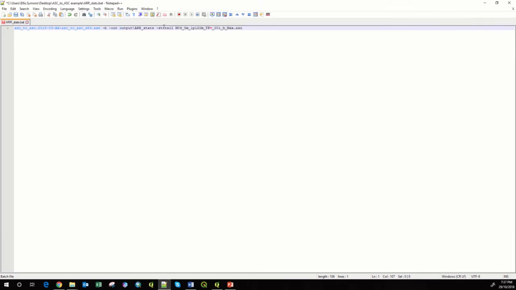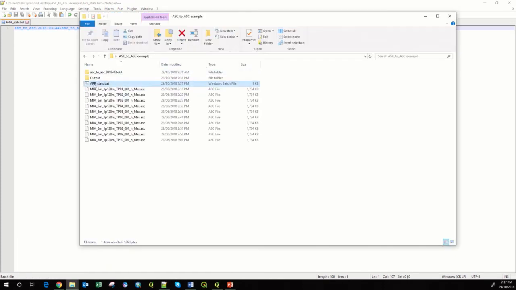So that's all I need to do. After the stat all, it'll just automatically find all of the input grids. Save that, and now I can run it. So double click,